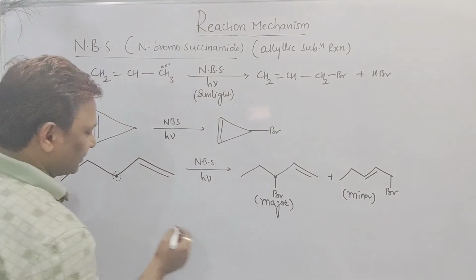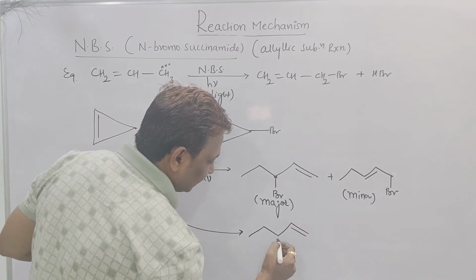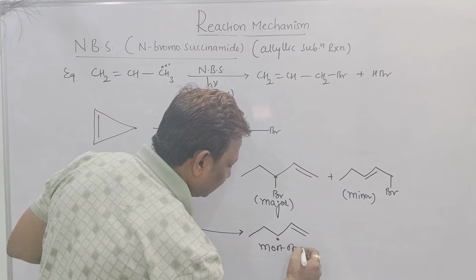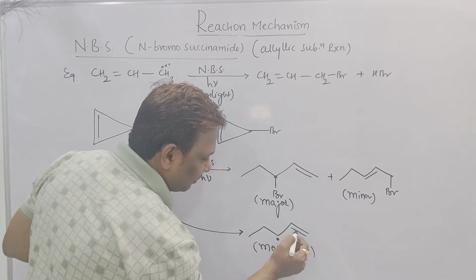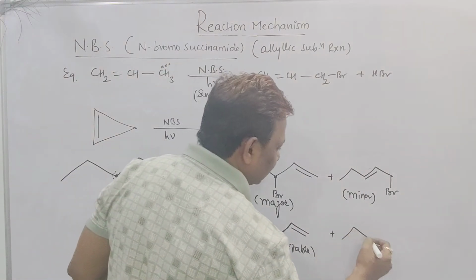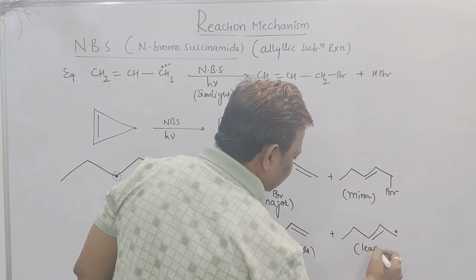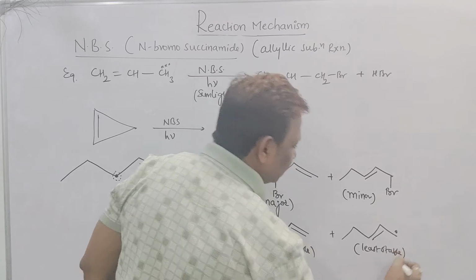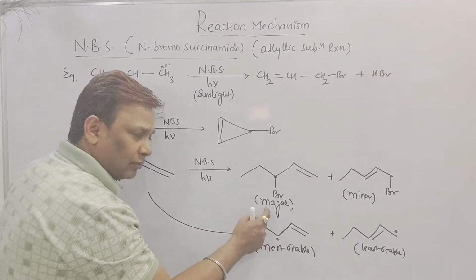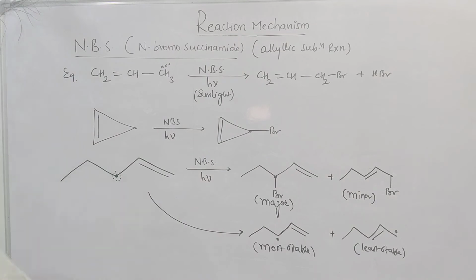Means if you want to show this mechanism, we can show it in this way, sir. 1, 2, 3 pi bond. It is one of the radicals. This radical is the most stable free radical, beta. Sir, how do you know it is the most stable? Pi bond, sigma bond and radical. It is having resonance. And another one, sir, is the other free radical which will be considered the least stable free radical. But the product obtained due to the least stable free radical is a minor product, and the product obtained due to the most stable free radical is a major product. Right? Please note down this one.